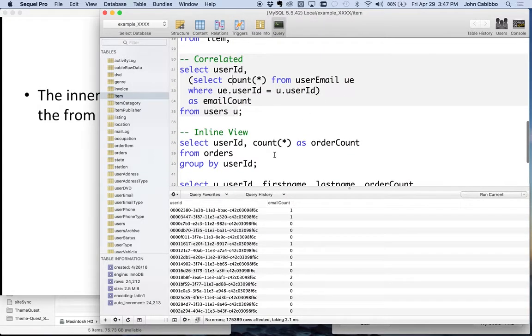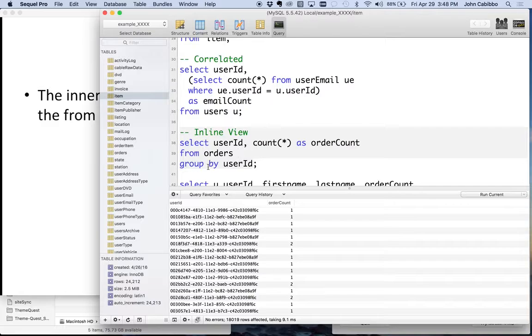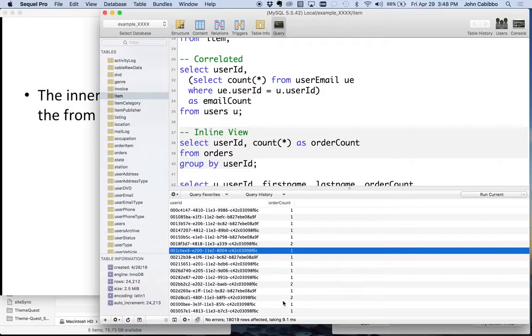And I want to start off by running this statement. We're going to select the user ID and the count from orders, and we're grouping it by that user ID. And we get the user ID and then the count here. Well, wouldn't it be nice if we could take these results and then treat them as a table so we can join against it? Basically, wouldn't it be nice to create a temporary table to join against? And what we can do